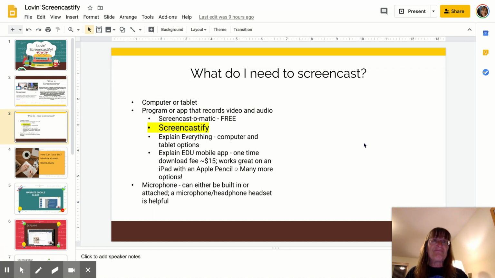What do you need? Well, you need a computer or a tablet. You can actually do it on the phone as well. And some sort of a program or an app that's going to record the video and the audio. And I'm going to talk about Screencastify because it's what I'm most familiar with, but also because it's just awesome and so easy to use. You do need a microphone. It can be built in, attached, or a headphone, whatever. And these other ones, you've got to pay for. Right now,